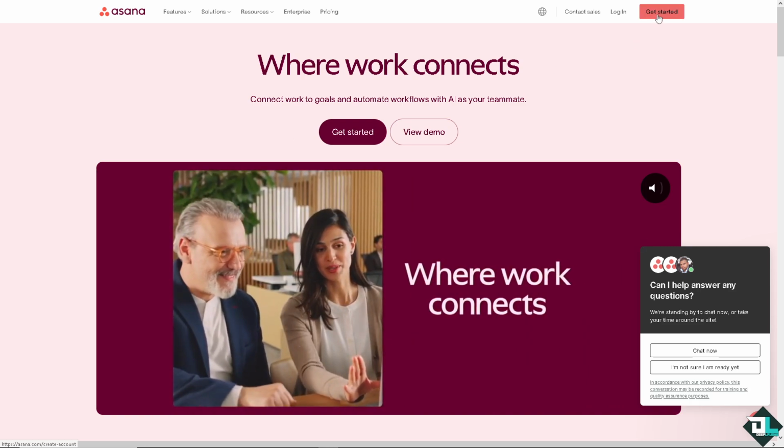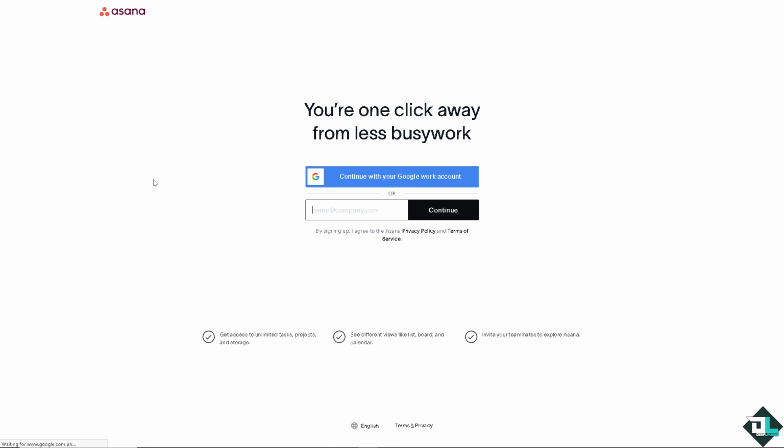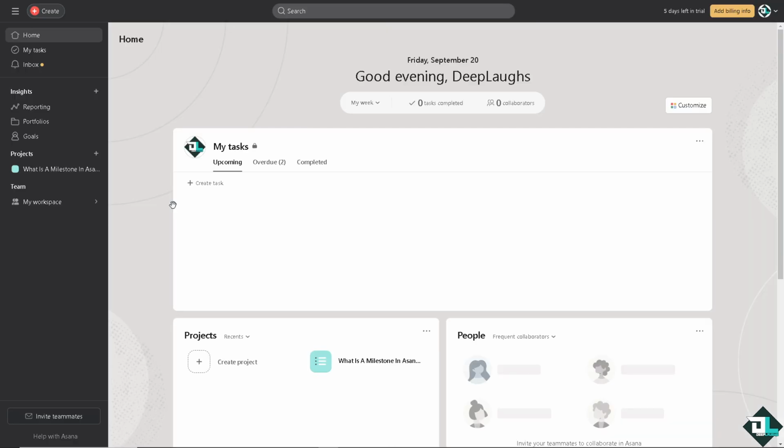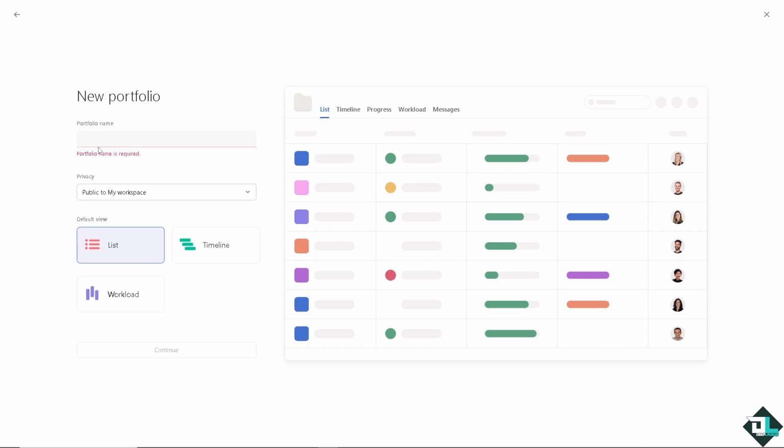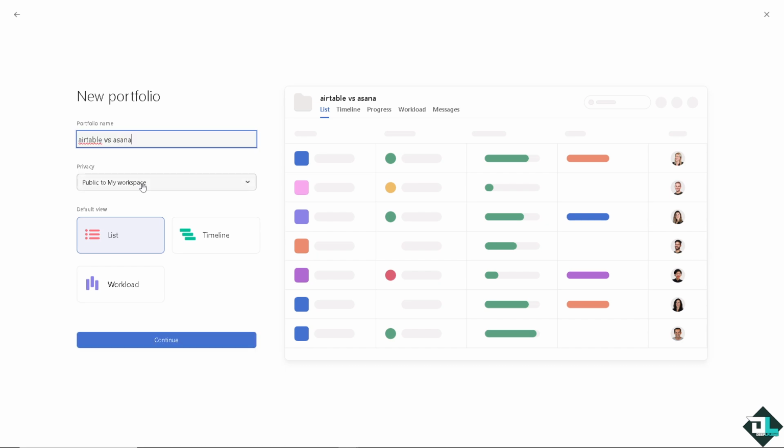Now, if you ask me, it's a very easy thing to create an account. All you have to do is click the Get Started option, and from here, you can continue with your Google account, or you can use your business or personal email address as well. After that, you would notice that Asana has a clean and intuitive interface, making it easy for users to get started with minimal training, right? You can start with a project, or you can start with a new portfolio, depending on your preference. Now, all you have to do is put in your portfolio name and go to